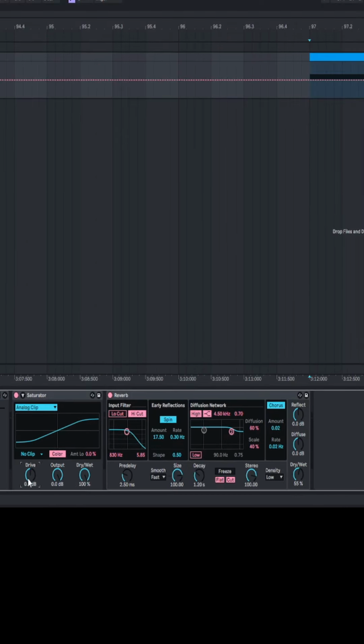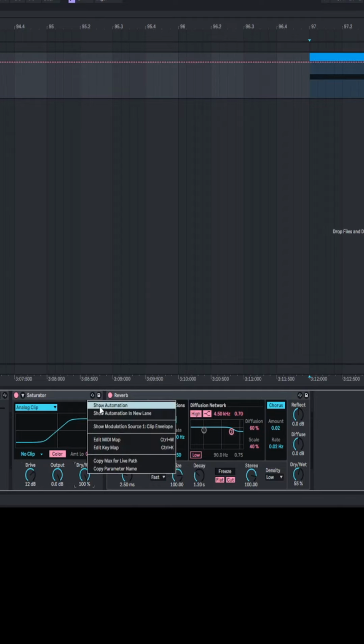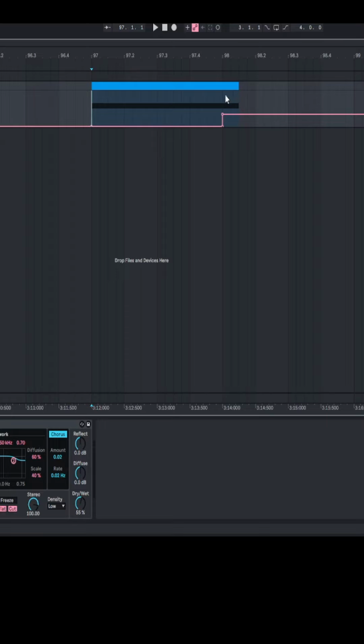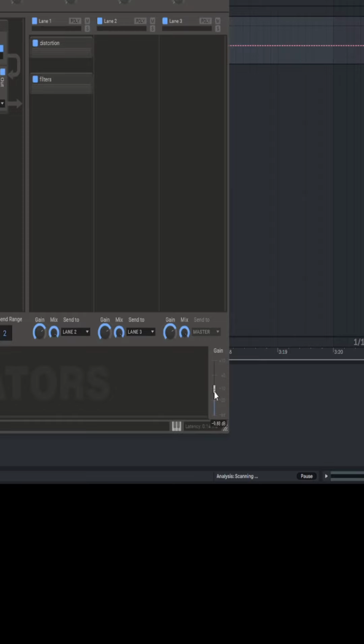For a saturator, I'm going to click on drive and hit 12, then I'm going to right click and show automation on the dry wet and automate this. So our saturator automation should look something like this, with our dry wet automation at 34% on this tail end part of the MIDI. I'm just going to come inside of our Faceplant and turn up the gain output a